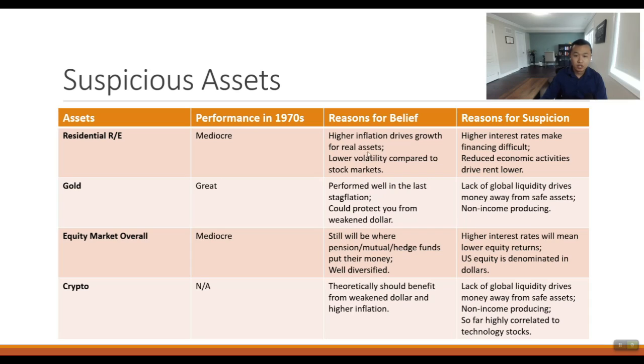However, they do have lower volatility than the stock market, and an inflation environment typically drives higher growth for real assets like mining, real estate, and commodities than the stock market and bonds, right? So gold, Peter Schiff's been on this gold train for a long time. It performed absolutely amazingly in the 1970s. It went from $38 per ounce to $500 per ounce, something like that. It performed incredibly well in the 1970s. That's why this time, if this scenario were to happen, I think that gold is going to spike a little bit because people are going to expect some similar performance.